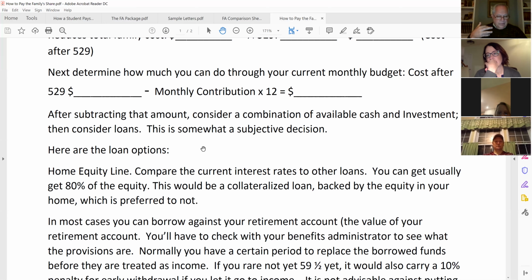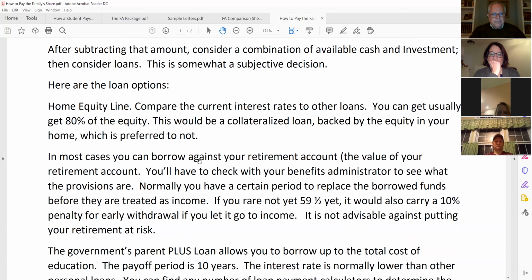Don't just submit the information and wait for things to happen. You need to really understand how it works and be engaged in the process to make sure that the right numbers are being looked at, the family's financial situation is being looked at correctly, and you're getting the aid that the student deserves and is